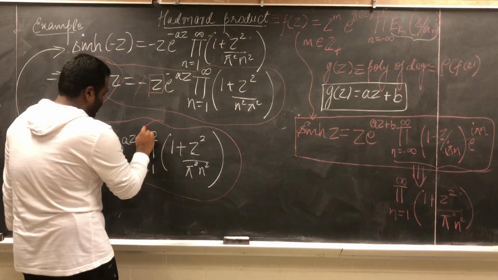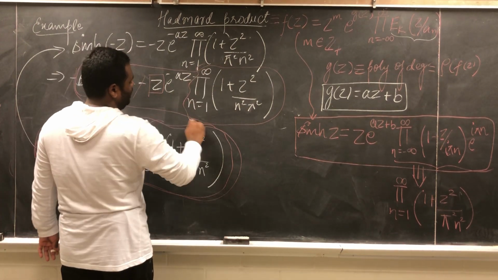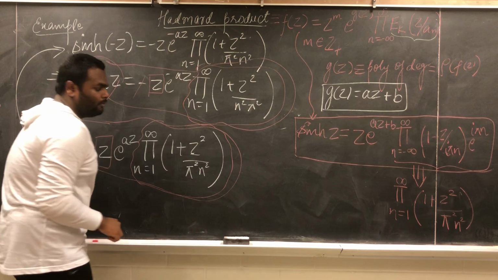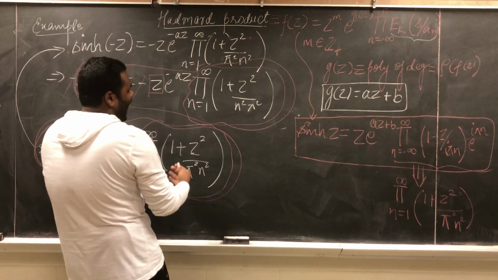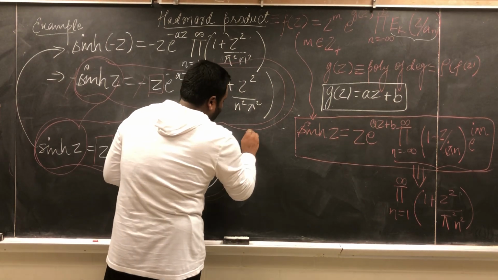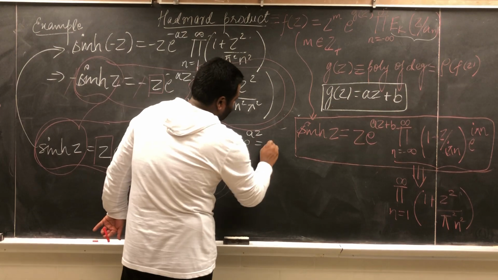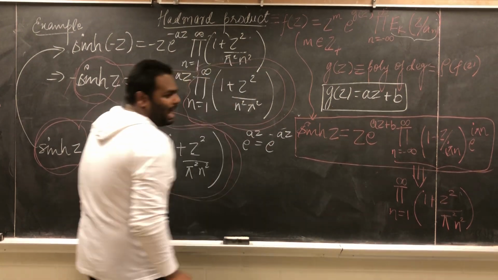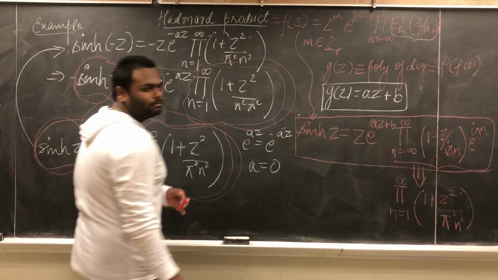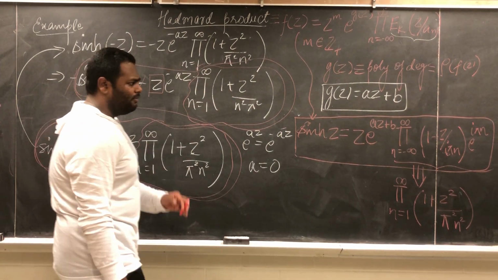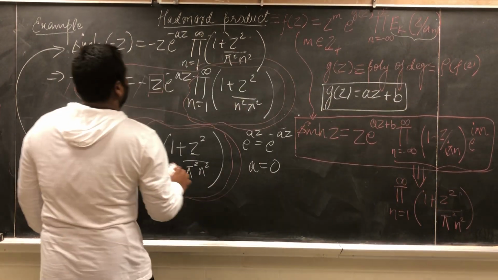This infinite product is the same as this infinite product, right? So the conclusion is that if these two quantities have to be the same, then e to the az, which was present here, has to be the same as this thing. And this can happen if and only if a is 0, right? Therefore, a is 0, and hence the infinite product